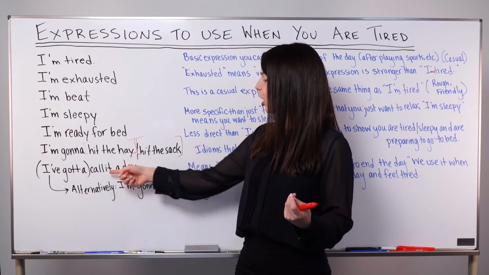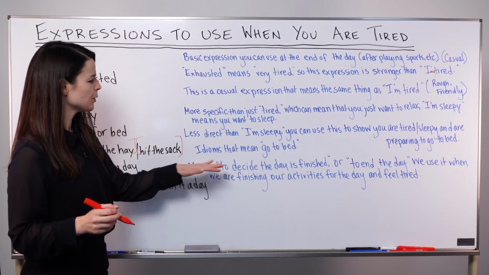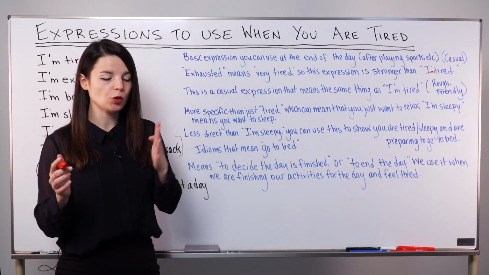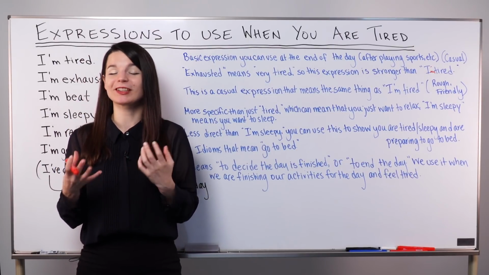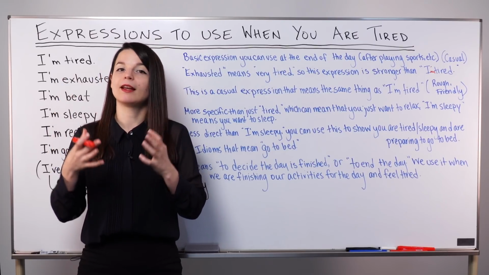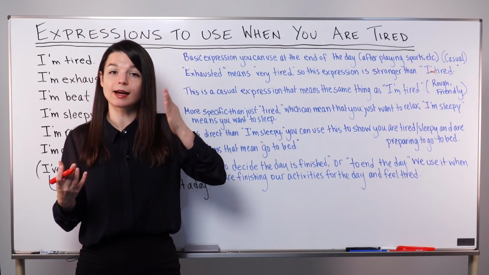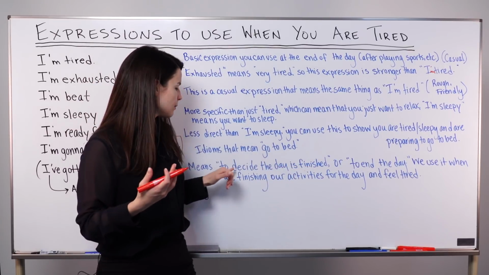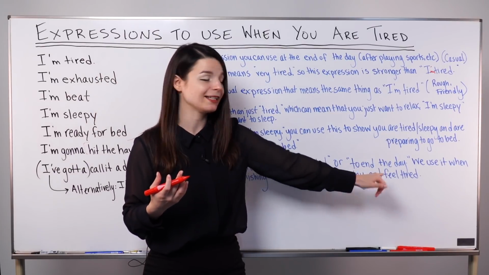So what does this call it a day mean? Call it a day is used to mean to decide the day is finished. So to call it a day means at this point in my day, usually in the evening, we decide I'm done. Today is finished, I'm done, I feel tired. So I'm going to decide today is finished here. So we can say to decide the day is finished for this phrase, or just to end the day.